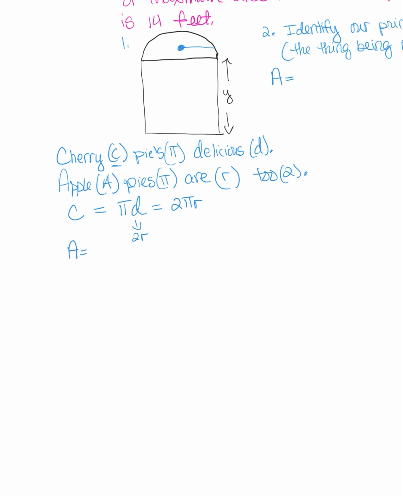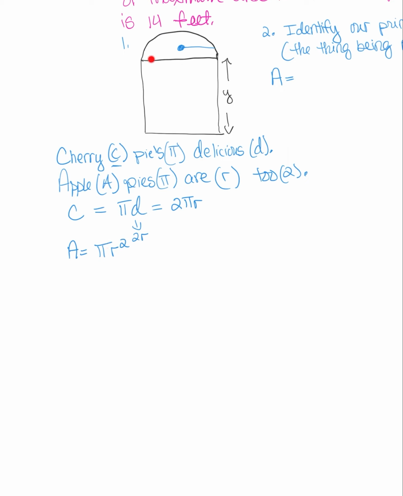Well, here, apple pies are 2. So we have apple for area, pi r squared. Bam. That's cool, isn't it? I think that's so cool. So whoever came up with that, awesome job. Okay, so anyways, now that we have remembered that this is the area for our circle, the pi r squared,